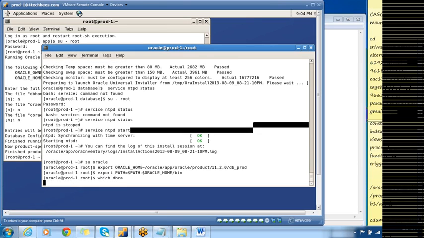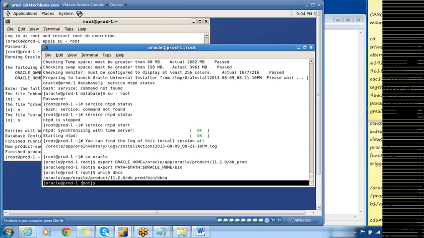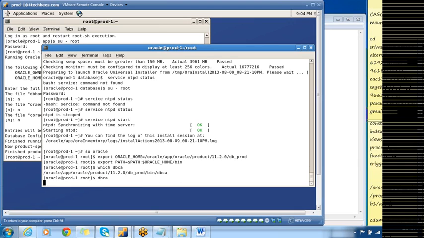Do which dbca. No, I logged in as Oracle. It's just a root folder, but I logged in as the Oracle user. Okay, so DBCA is coming from Oracle Home, so we are good. Just invoke DBCA.